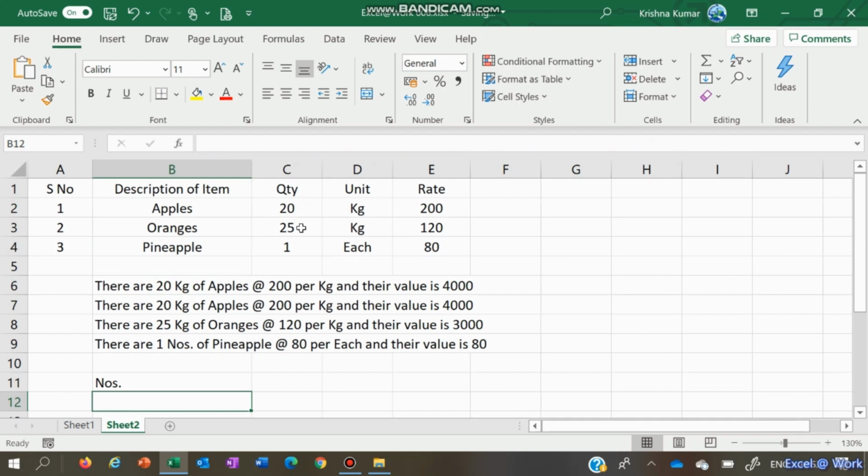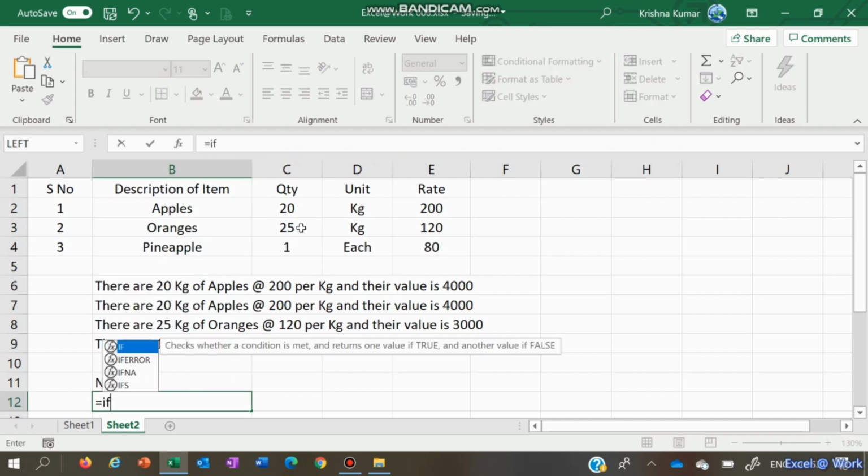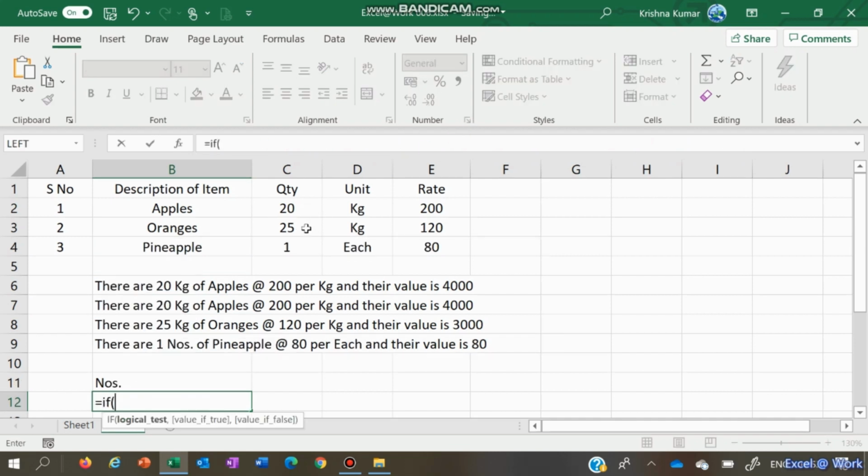So here we say again another formula, IF this is more than one, this B4 should be plural. For simplicity's sake, assume that any fruit will be made plural by just adding s.